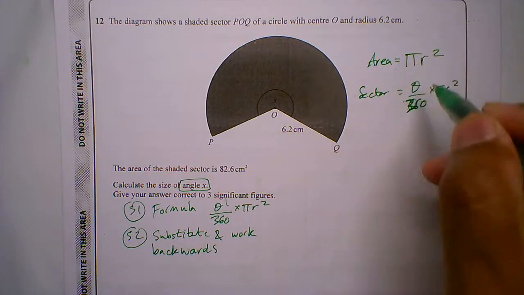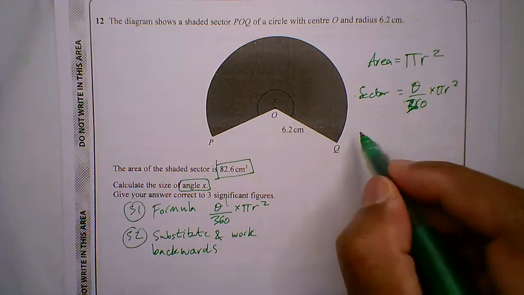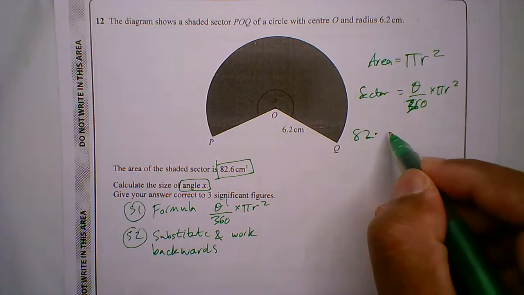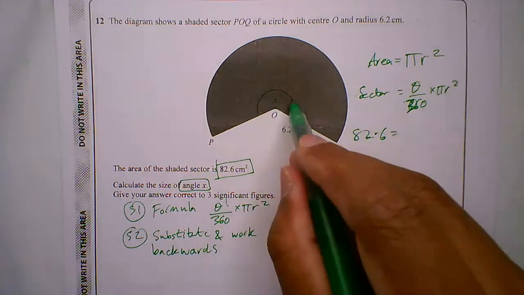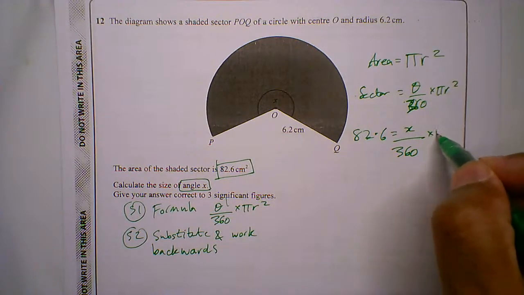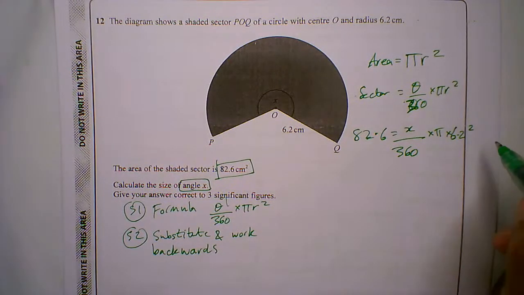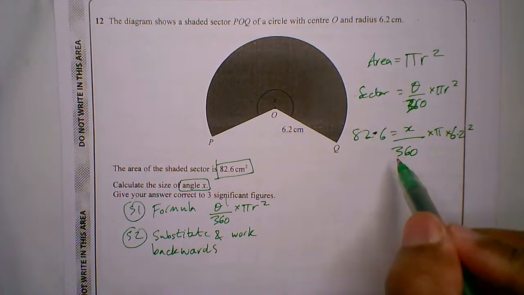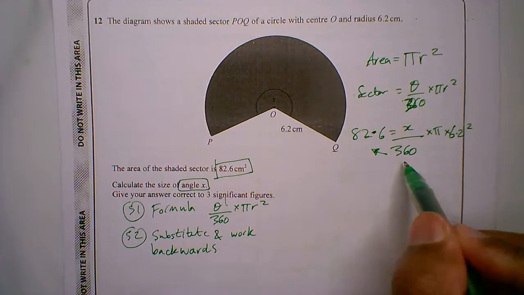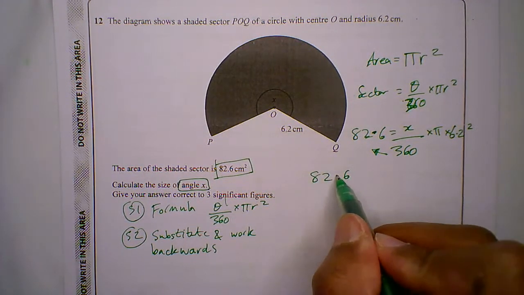Let me make that clear. So here my sector is 82.6 equals my angle X divided by 360 times pi times the radius, 6.2 squared. So if I'm going backwards, I can bring this 360 to the top, which is the same as saying 82.6